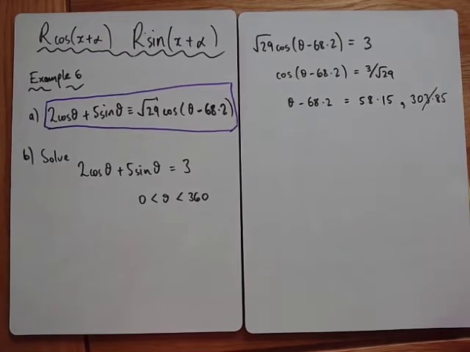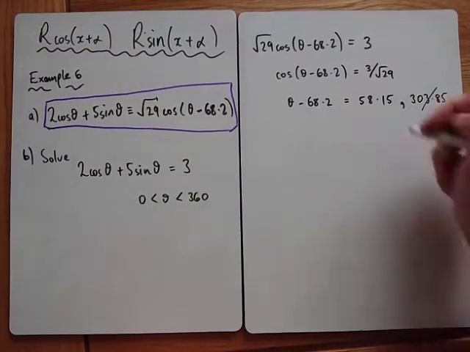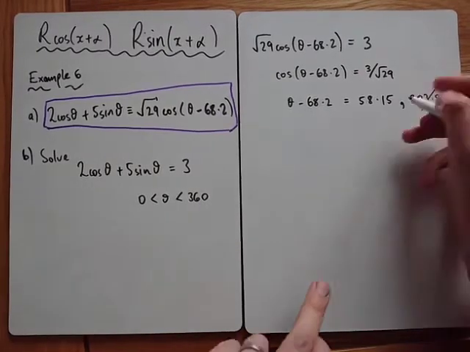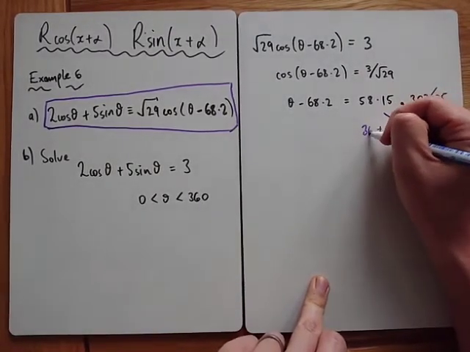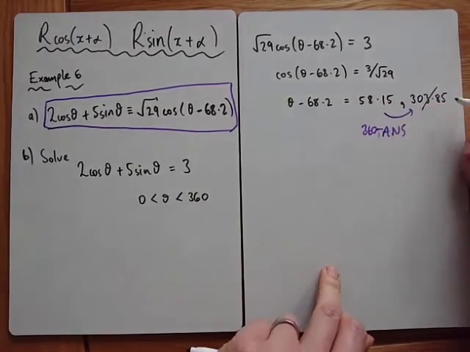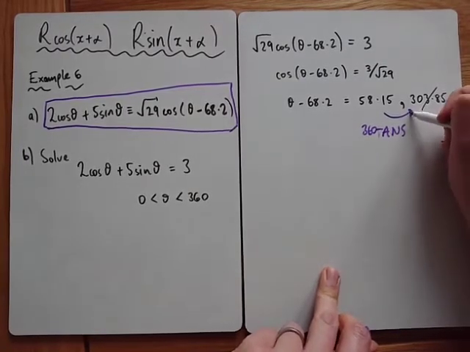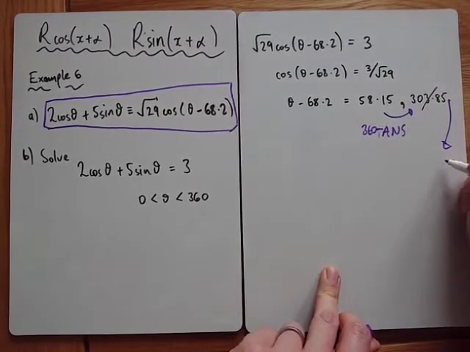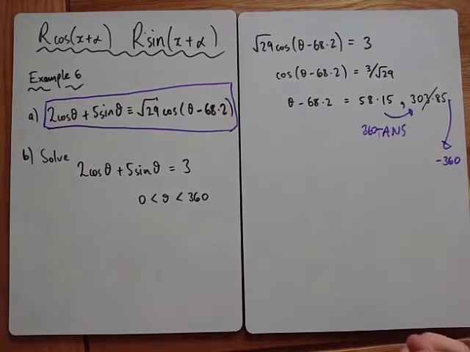So it doesn't mean we totally discount it, we still can get another answer. Don't forget, once you've done the 360 minus answer, you can then add or subtract 360 to get other solutions in the interval. And actually, if we subtract 360 from that one, that would give us